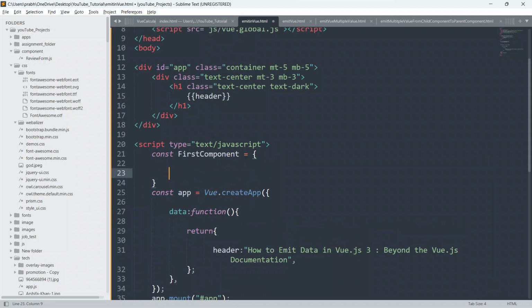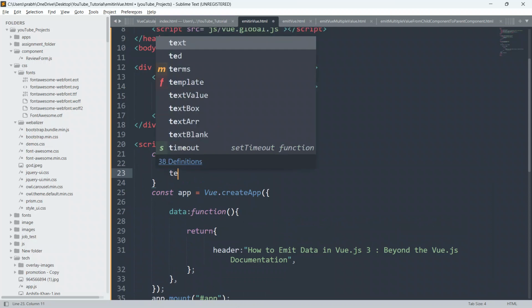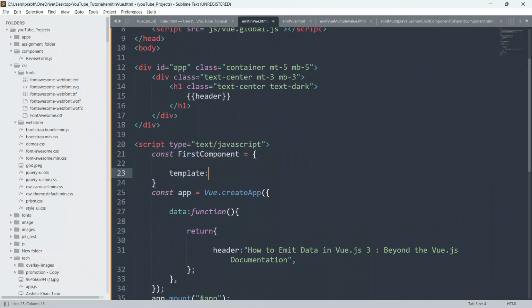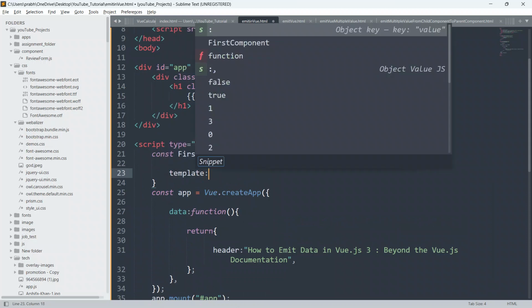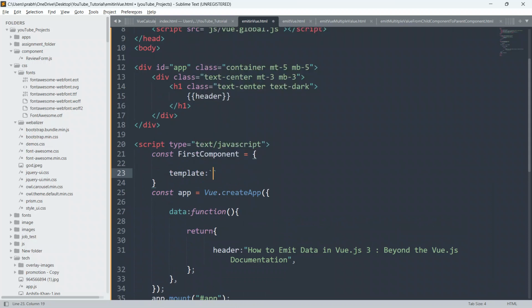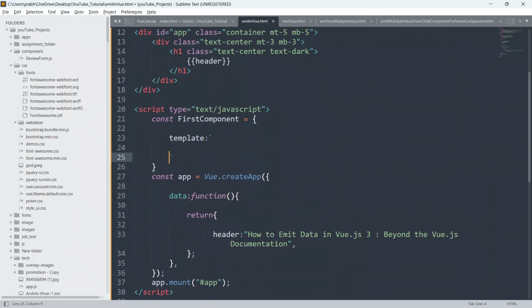Inside the template you are free to define anything. So here also I'm gonna create one template. So I'll say template, give the colon, and here I will use the backtick for the multi-line template. For the multi-line template you can use the backtick.